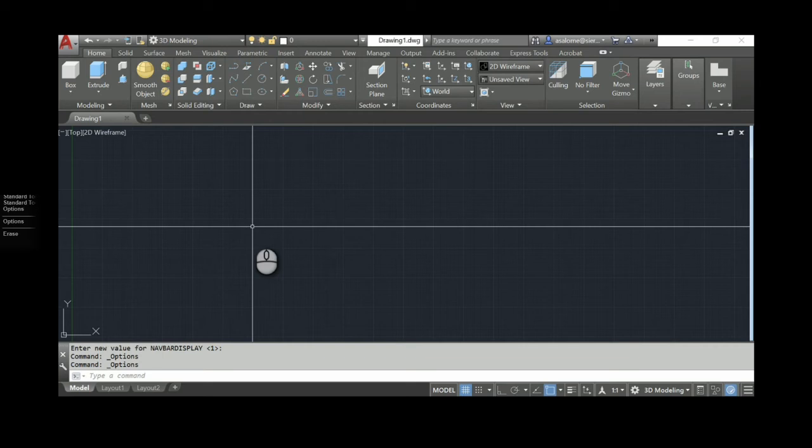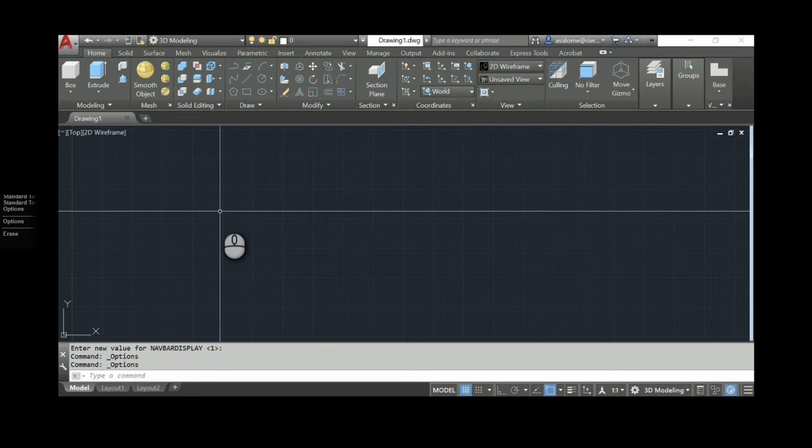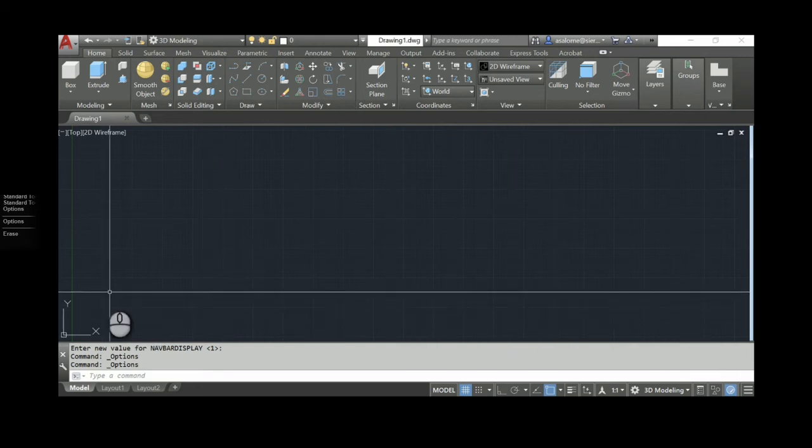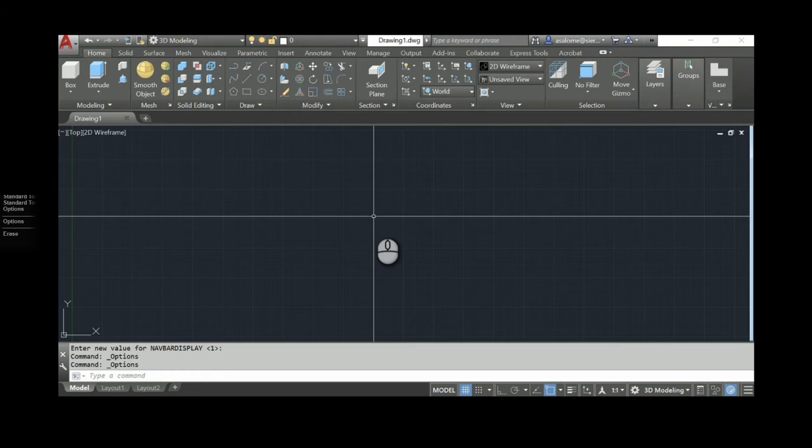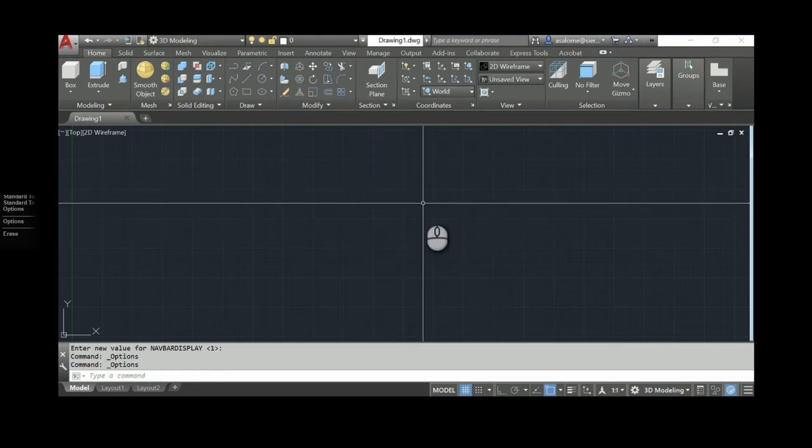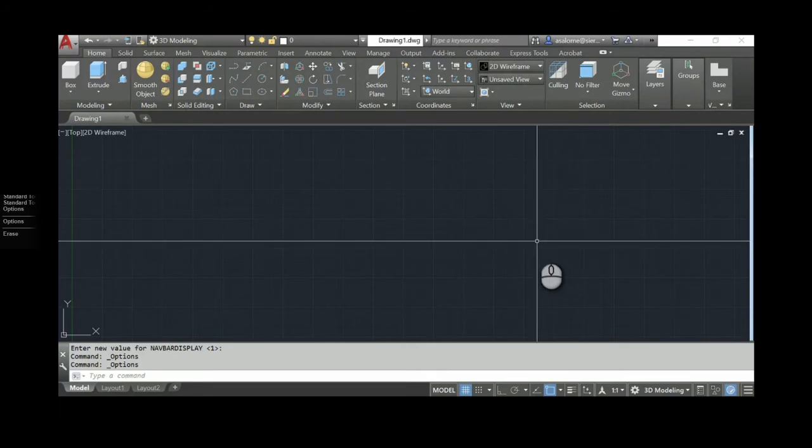But AutoCAD recently has been shipping with an item called dynamic input turned on. And so what you might see is that as you're drawing lines and doing things, there's a little box following your cursor with number inputs. You could turn that off. I hate that thing. It makes me crazy. But it's up to you if you like it or whether you don't. Make sure you give me an accurate, perfect drawing. And so I'm going to show you where to turn that on and off.